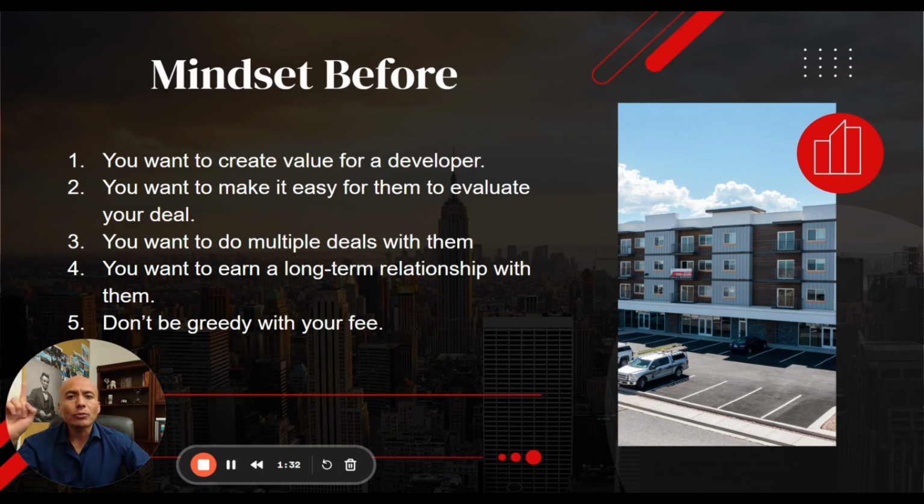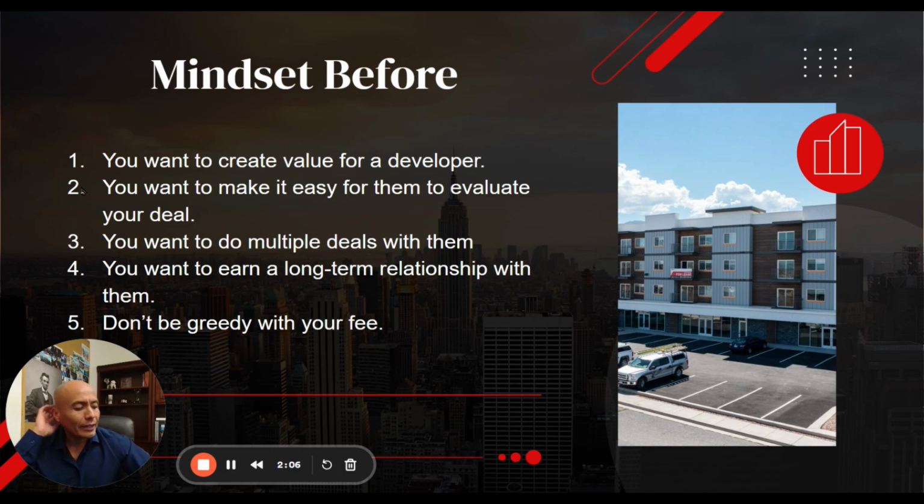And one of the things that you do, and that's number two, is you want to make this as easy for them as possible to evaluate the deal. So what that means is if you have a piece of land, let's say hypothetically this piece of land would be perfect for some high-end homes. Just as an example, this could apply to apartment buildings or anything else. So you want to do as much of your due diligence as possible. You don't want to come to them with a piece of land and go, "Hey, I got this great piece of land, and it's located here and here, and got it under contract, and wanted to see if you're interested."